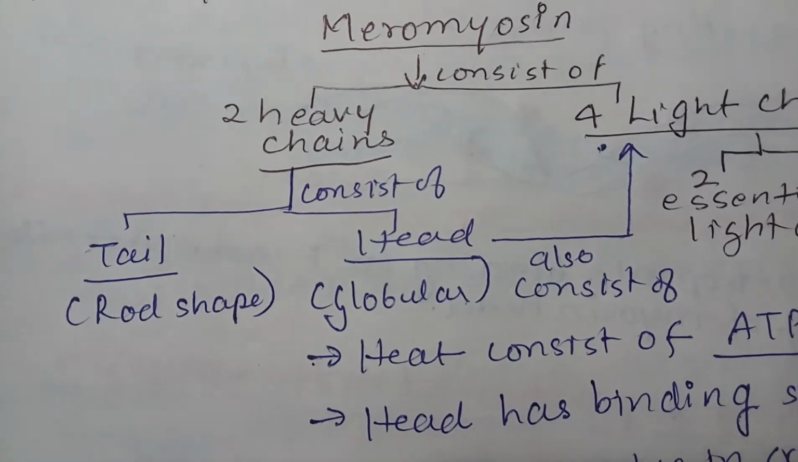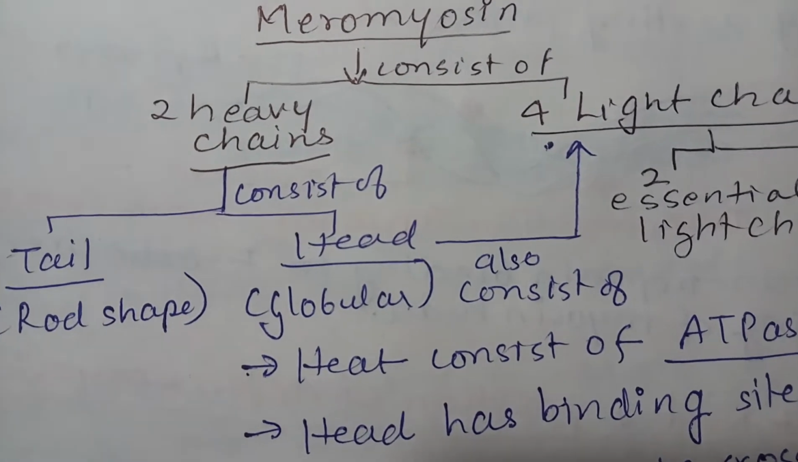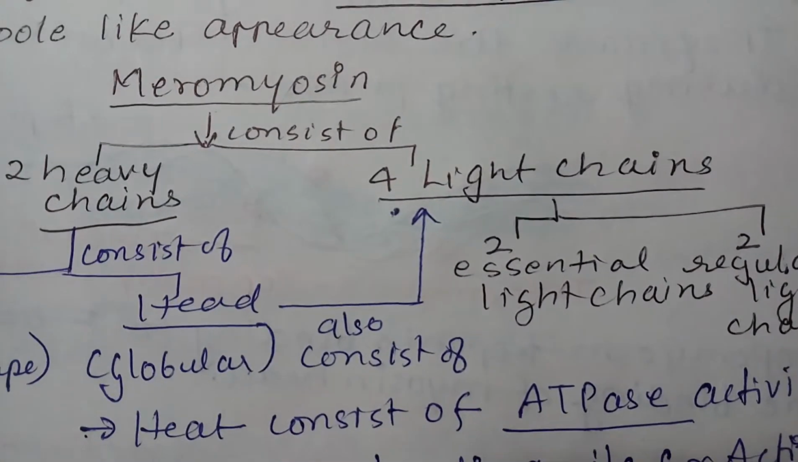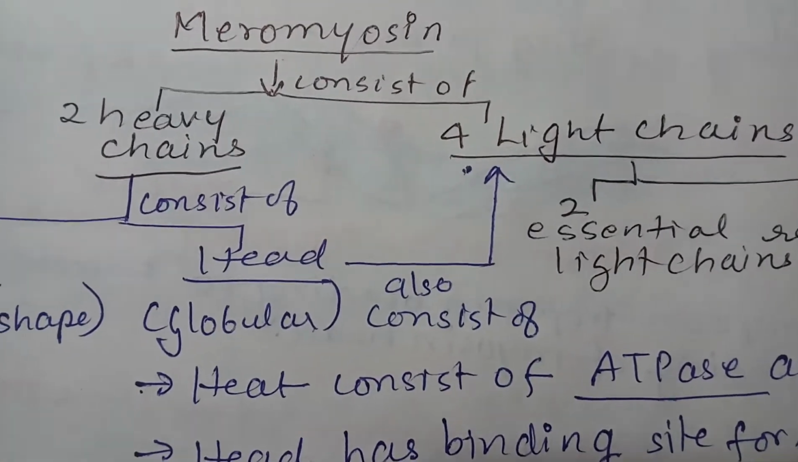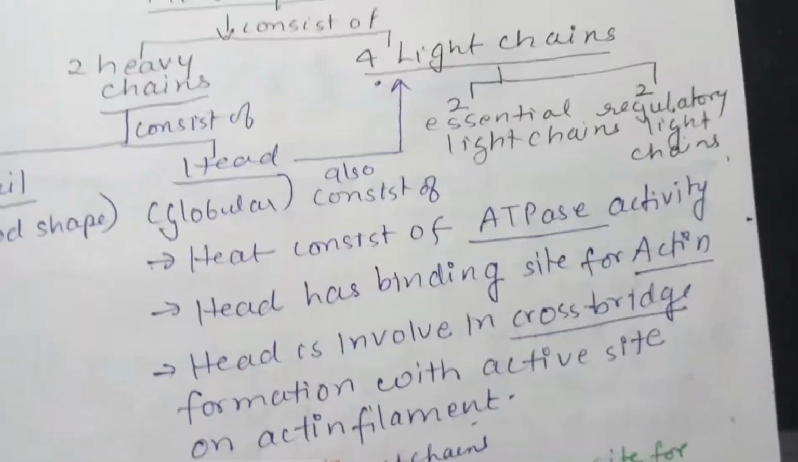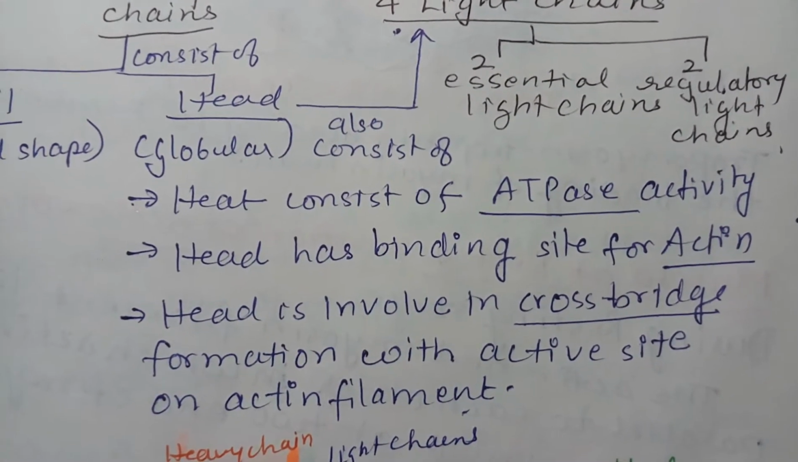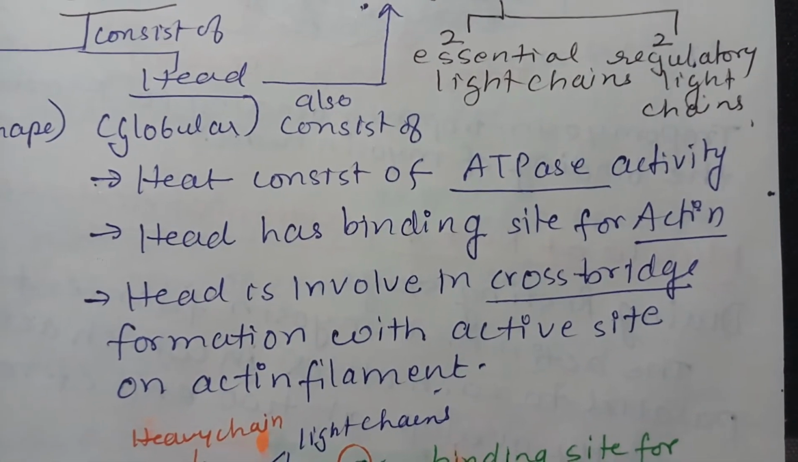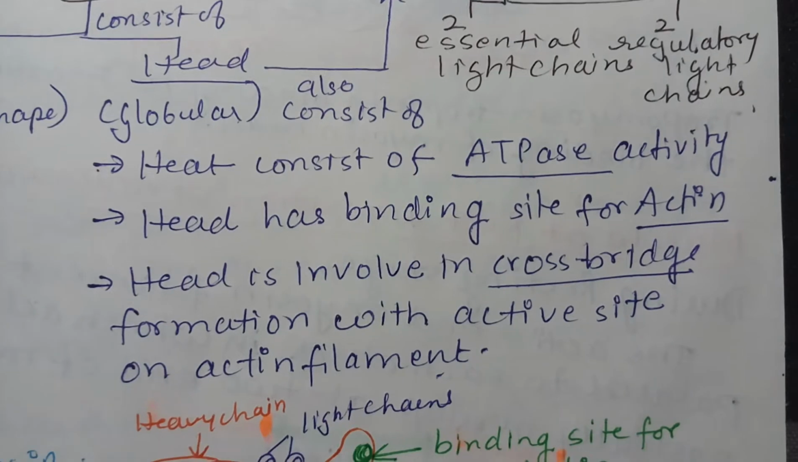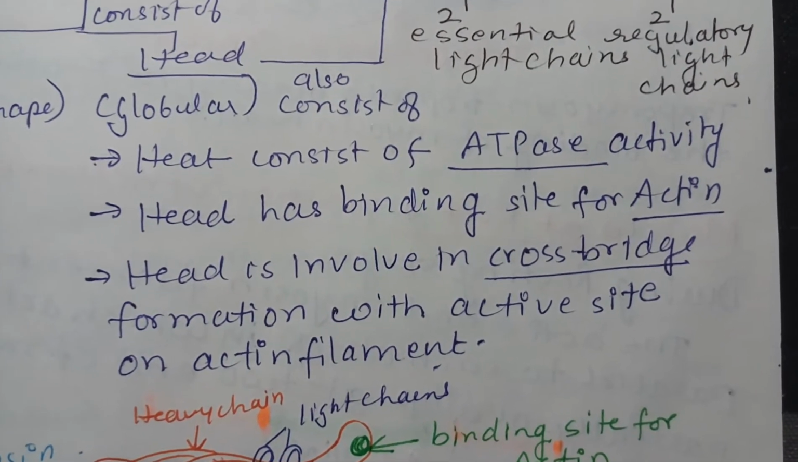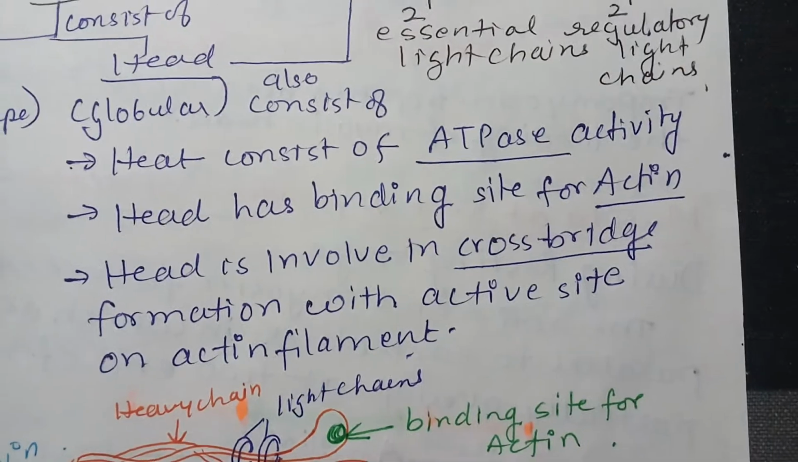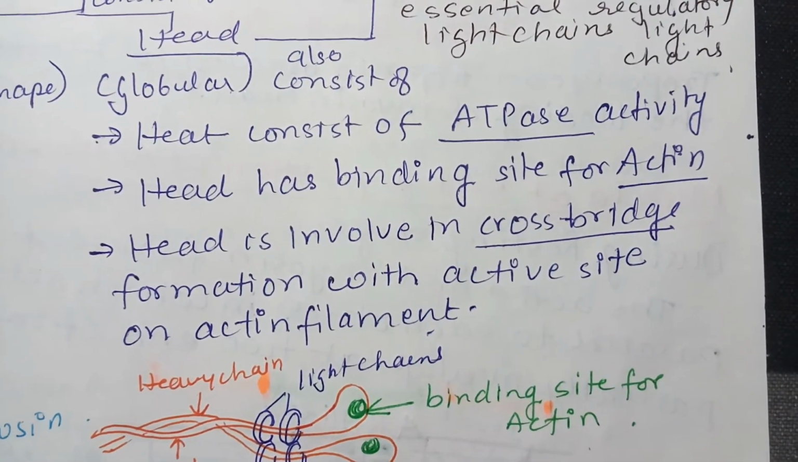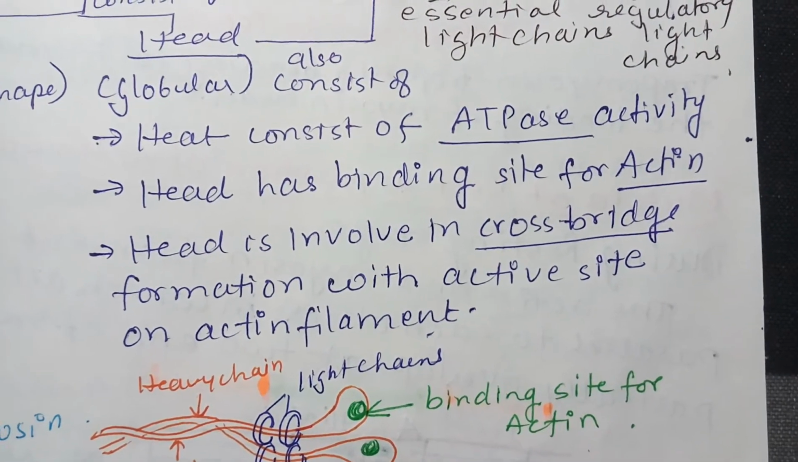The tail is a rod shaped structure, the head is a globular structure, and the head also consists of four light chains. So the head has two heavy chains plus four light chains. Function wise, it has ATPase activity. ATPase is the enzyme that catalyzes the breakdown of ATP to ADP and releases the energy. It also has a binding site for actin, and the head is involved in cross bridge formation with the active site